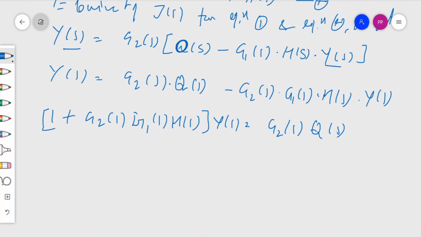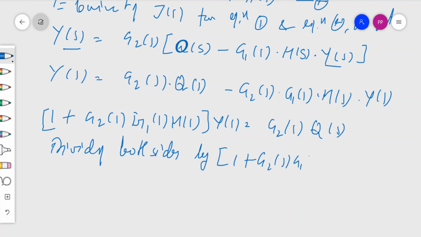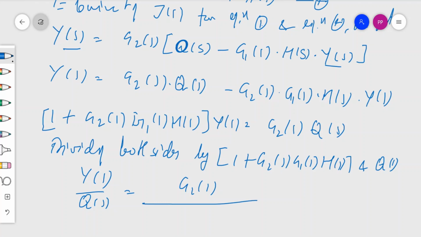So we divide both sides by, okay, I make a little shortcut, G2s G1s Hs and Qs. So it will save some time for me. I will have Ys by Qs equal to G2s divided by 1 plus G2s G1s Hs,